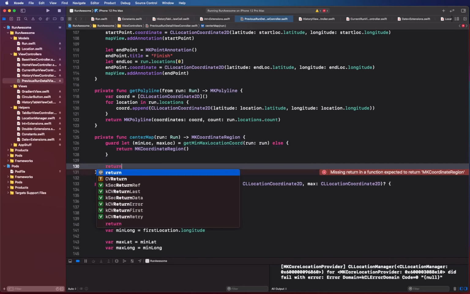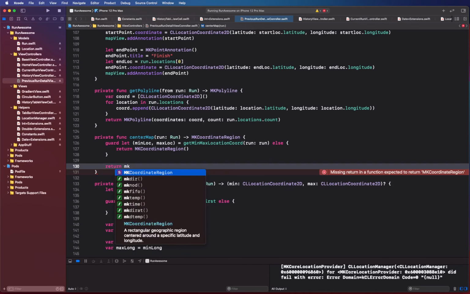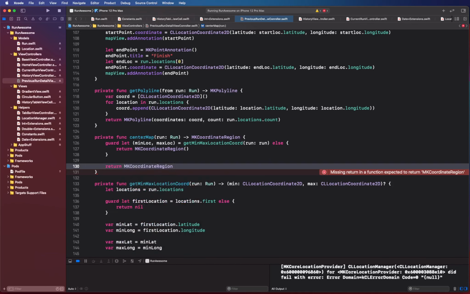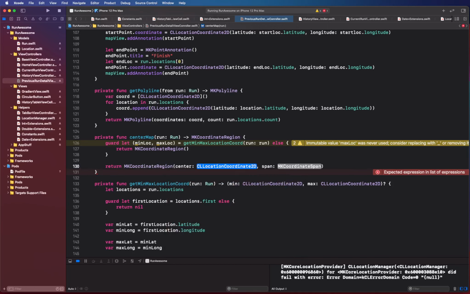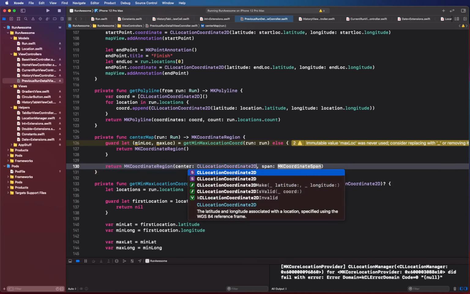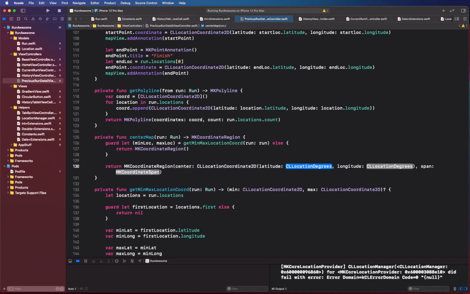Okay, if we can find those, we're gonna create MKCoordinateRegion, all right, with center, latitude and longitude in span. Okay, so center takes CLLocationCoordinate2D, and we're gonna say for the latitude and longitude